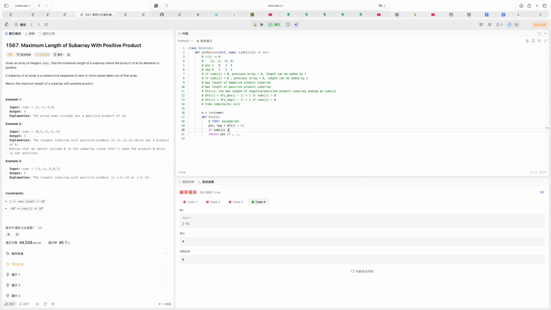If the current value is larger than 0, we will return positive plus 1 and negative